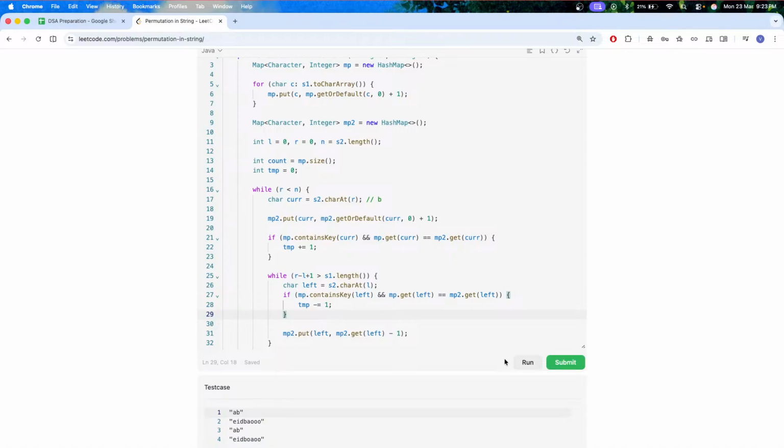Each hour she chooses some pile of bananas and eats k bananas from that pile. If it has less, she eats all of them and will not eat any more bananas. Coco likes to eat slowly, but still wants to finish eating all the bananas before the guards return. Return the minimum integer such that she can eat all bananas within 8 hours. Basically, उसकी स्पीड क्या होनी चाहिए बनाना खाने की, है ना। तो हमें ये स्पीड बताना है।